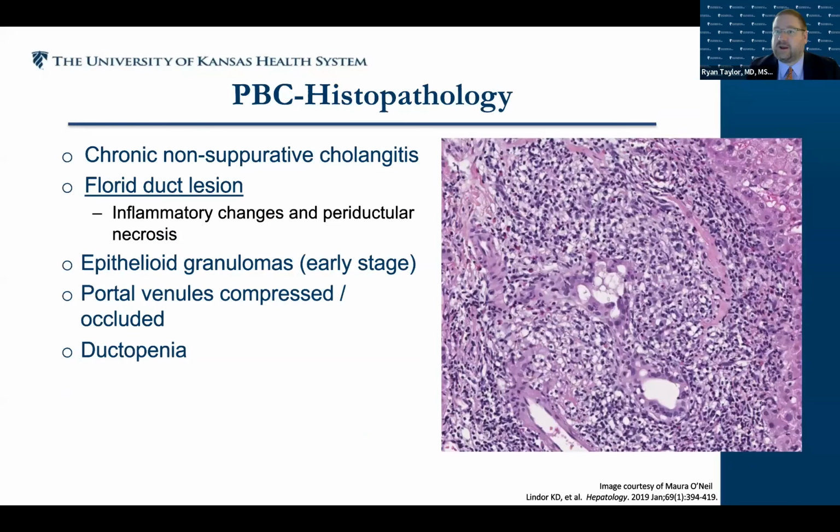So when we look at the liver biopsy under the microscope, these have some very characteristic features. The thing people may remember from their medical training is the florid duct lesion, and this is where you get specific inflammation around the bile ducts. This can lead to bile duct damage, and eventually you can get bile duct loss, which is called ductopenia. And this is what causes the elevation in the liver tests and the symptoms of cholestasis that these patients have. Next slide.